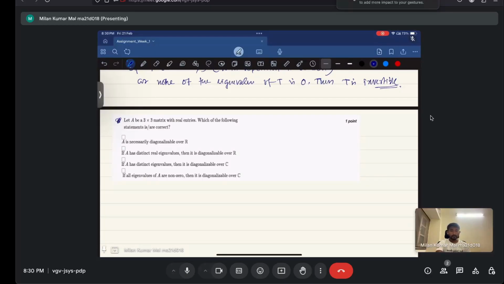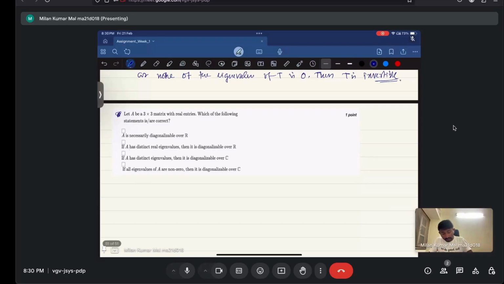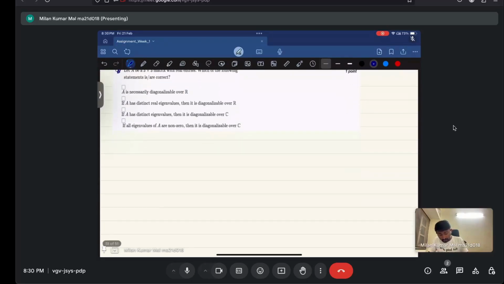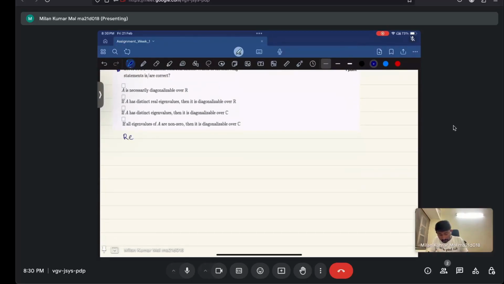Before answering the question, let's check what the options are. A is necessarily diagonalizable. If A has distinct real eigenvalues, then it is diagonalizable over R. If A has distinct eigenvalues, then it is diagonalizable over C. If all eigenvalues of A are non-zero, then it is diagonalizable over R. So these two options are correct, because